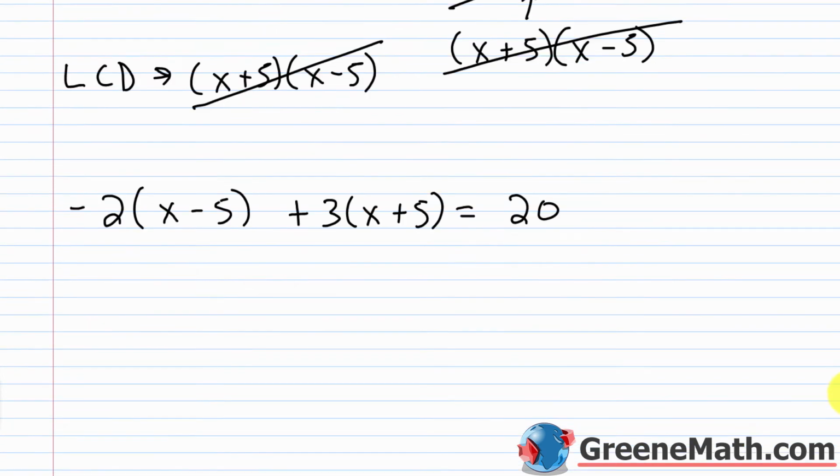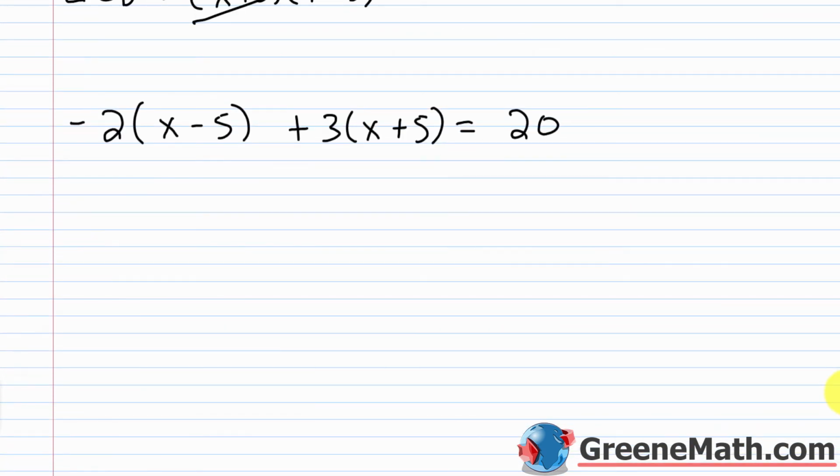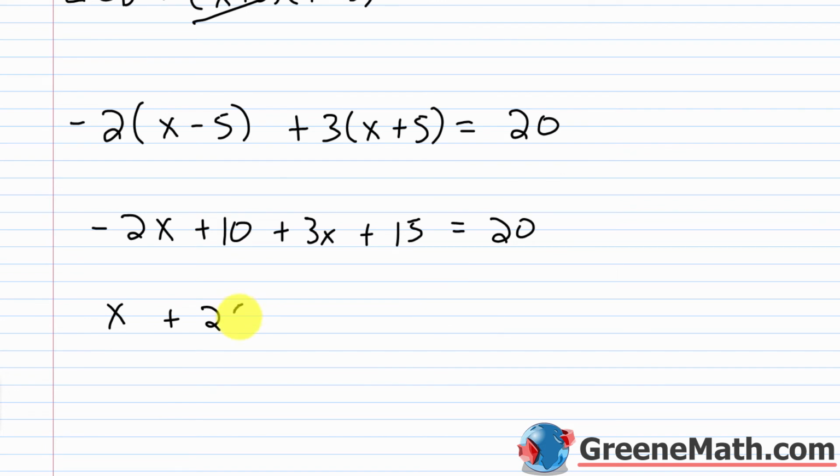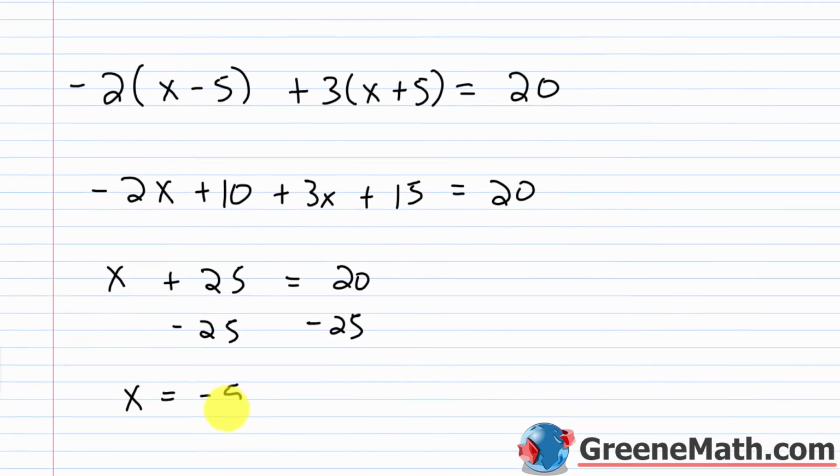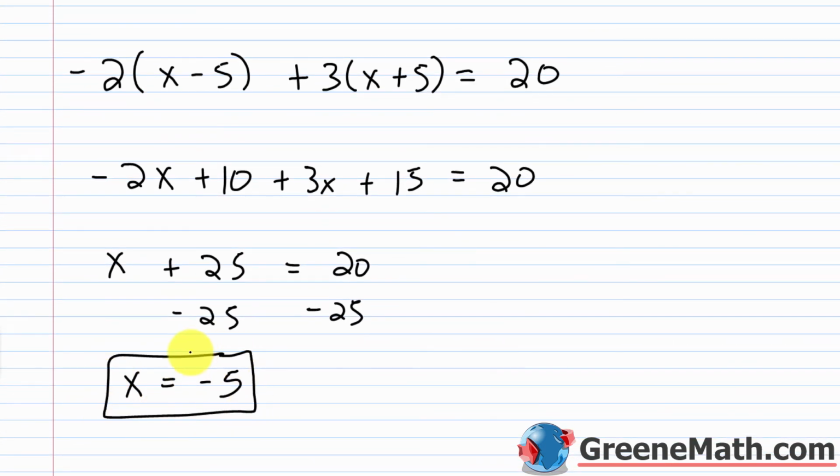So now to solve this, negative 2 times x is negative 2x. Negative 2 times negative 5 is plus 10. 3 times x is plus 3x. 3 times 5 is 15. And this equals 20. Now, to simplify, negative 2x plus 3x is x. 10 plus 15 is 25. And this equals 20. Subtract 25 away from each side of the equation, and I get that x is equal to negative 5. So some of you will already see a problem,